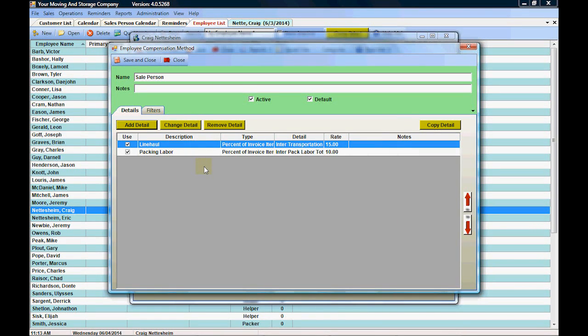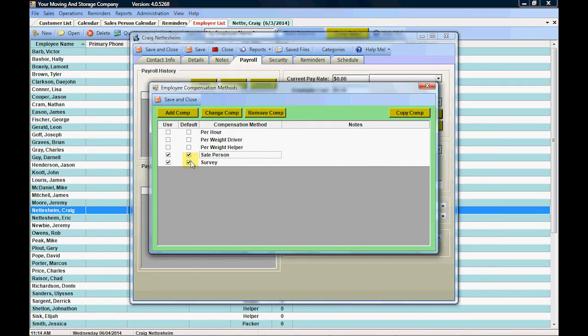It's not part of the default method for everybody else. I also want you to recognize that there's arrows here that if you wanted to change the order of these details within, you can simply use the arrows to move them like that. Okay. So I will now save and close this compensation for me,